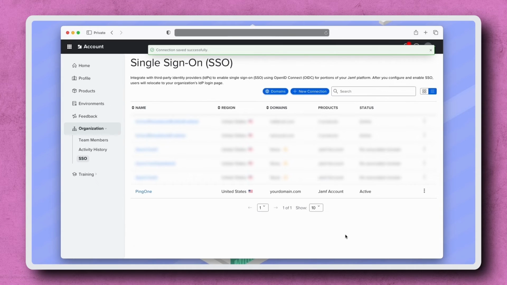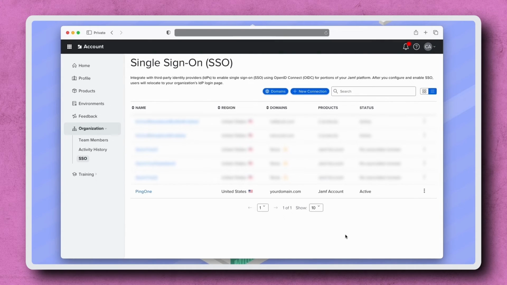With everything successfully configured, users now have the option to sign into Jamf Account with their Ping identity credentials instead of their Jamf ID. If your users are anything like me, they'll appreciate having one fewer password to remember. Please remember that authentication is not authorization. Enabling SSO in Jamf Account does not control roles or privileges for each user, so be sure to also configure permissions in the supported Jamf applications.